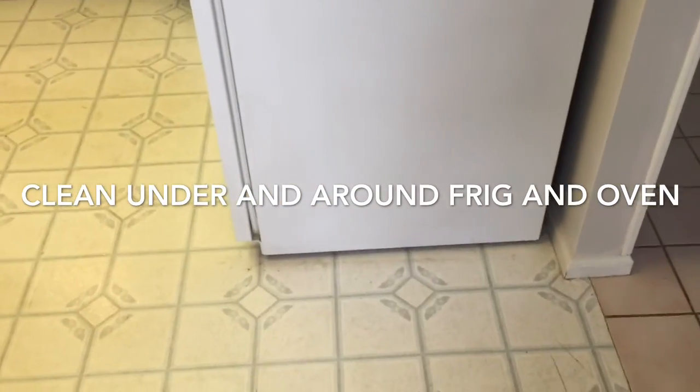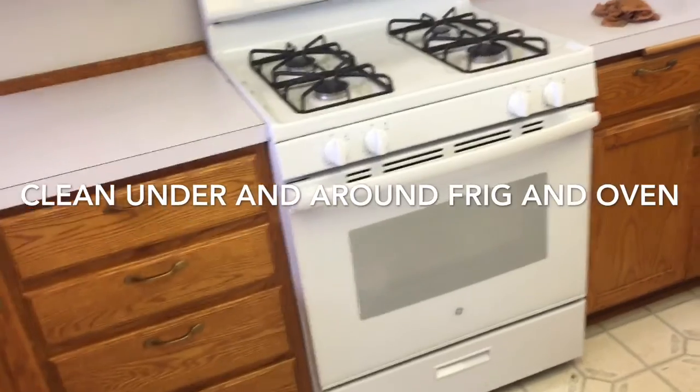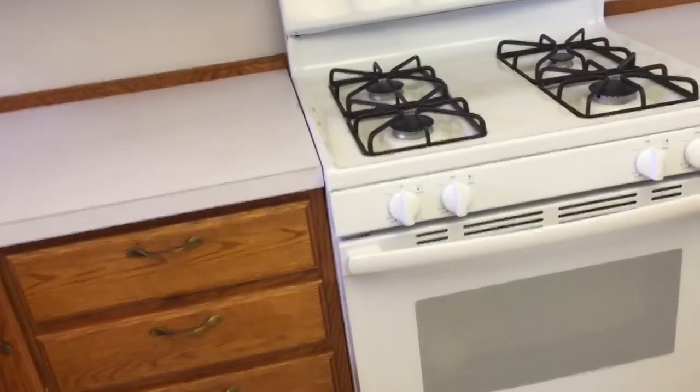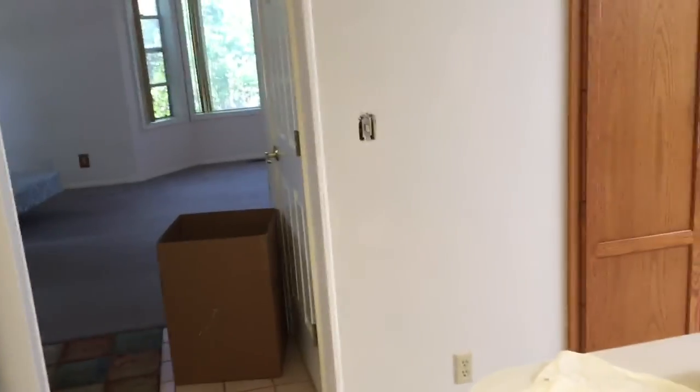cleaning all the floors. I'll have pictures of that underneath both the stove and the refrigerator, and also the gunk on the sides of the stove and the walls. And so the cleaning took about an hour and a half to 2 hours. The floors are going to have to be mopped,